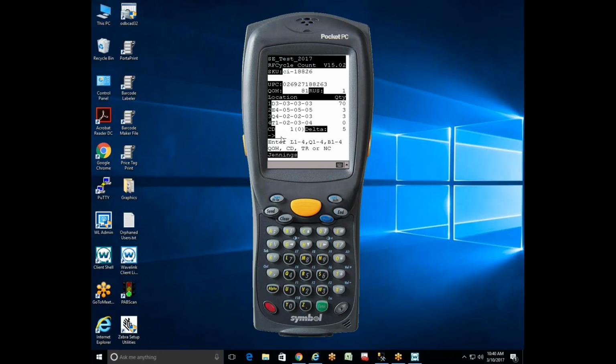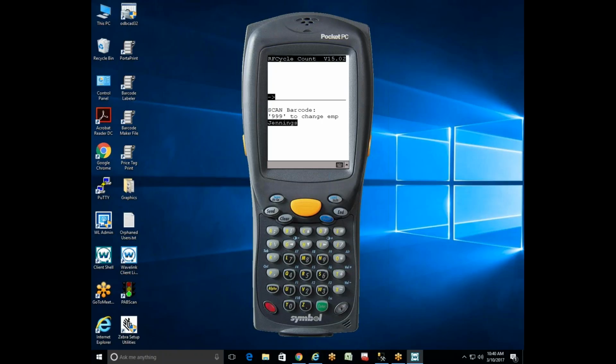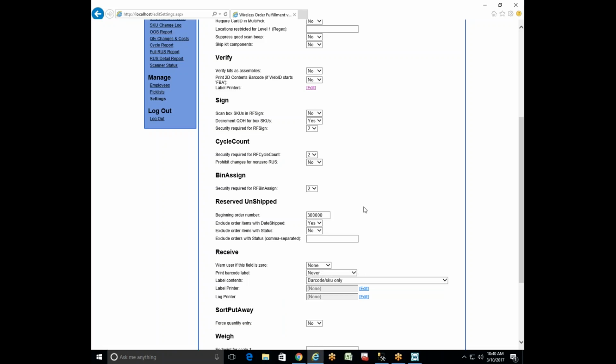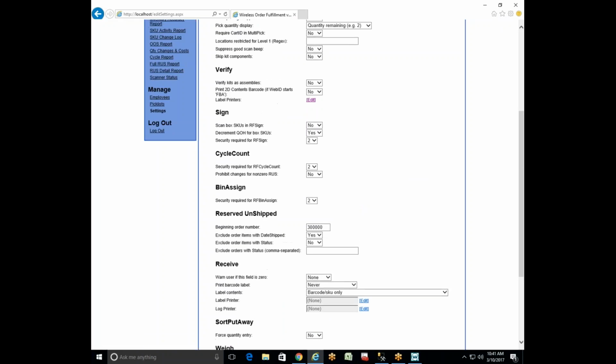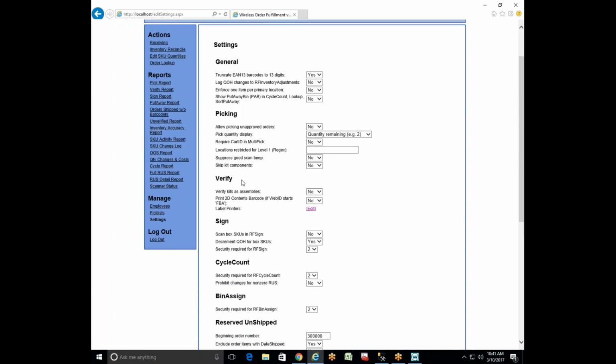Now, one thing that's new that we're pretty excited about is we just recently offered our first step in supporting fulfillment by Amazon, and so here's how it works. You need a printer, obviously, so you need to be able to add a printer somewhere on your network, and now under here, under verify, there's actually